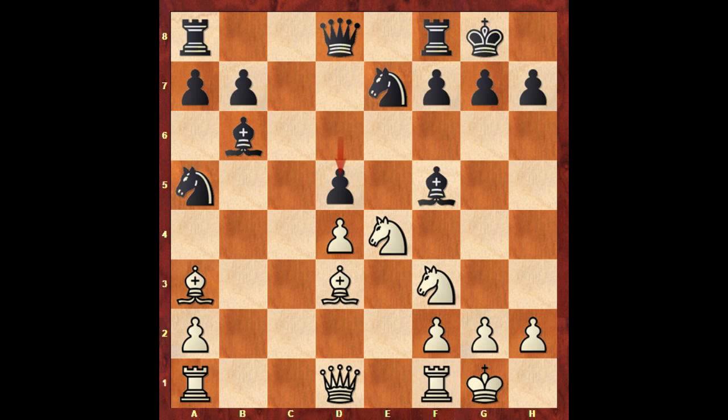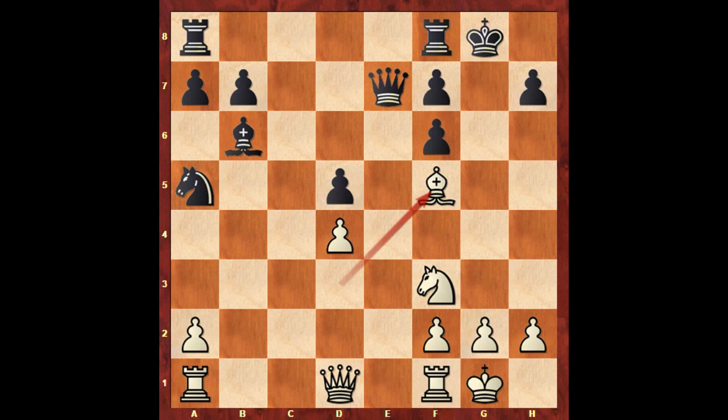And Paul Morphy played a very aggressive looking move, and he temporarily sacrificed his knight, g takes on f6, and then bishop takes knight, forking the queen and the rook. Black has to capture the bishop, and Paul Morphy's father captures the bishop, but then bishop takes bishop on f5, knight to c4, rook to e1 attacking the queen,